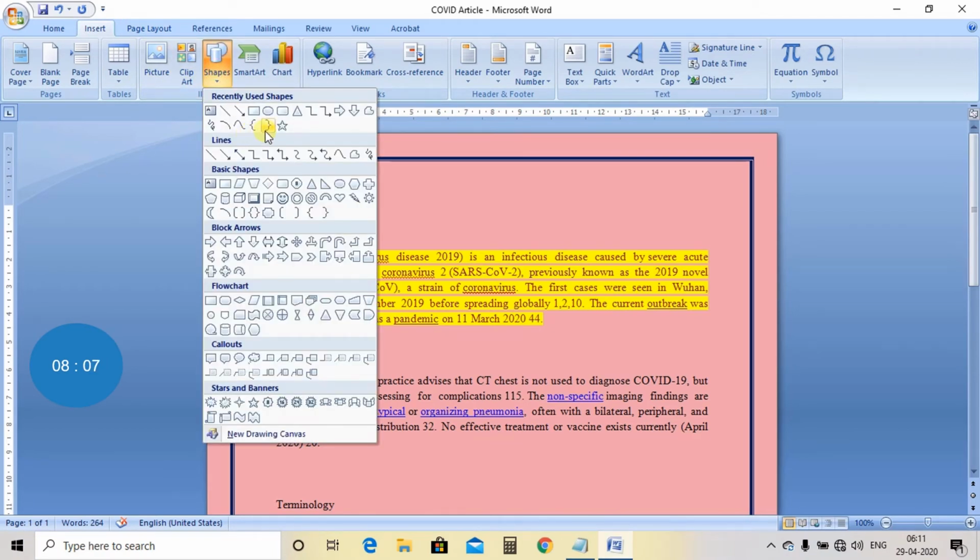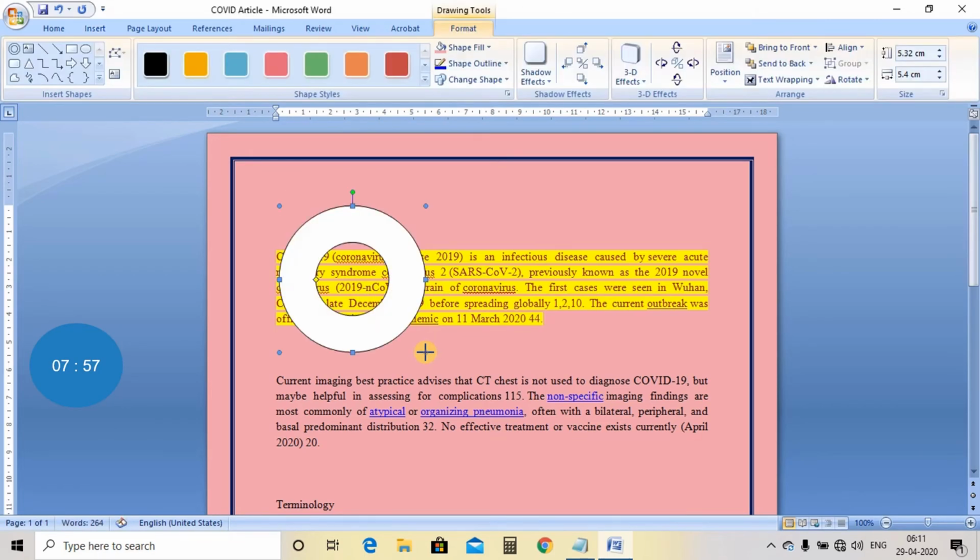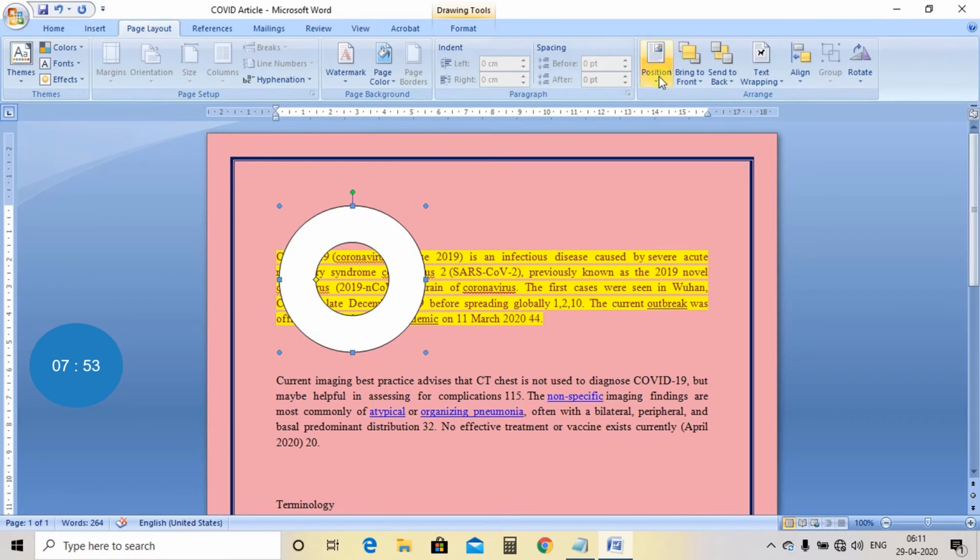I am inserting a shape in my document, and I am drawing it. See, so all the options which are hidden, which are not activated before, as soon as I have inserted any image or a shape, they become active. Now we'll use them one by one.